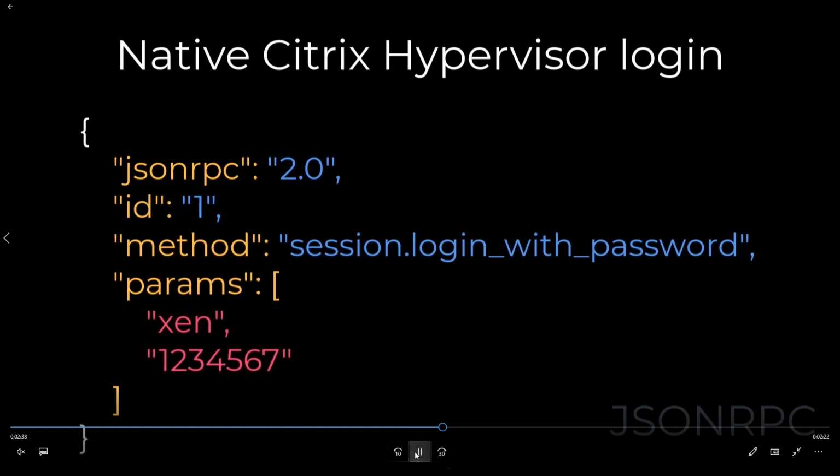All right, pause it right here. So this is pretty much a native request to Citrix Hypervisor. If you do it through JSON, that's what's going to happen. You have two parameters to pass: Zen for the username and 1, 2, 3, 4, 5, 6, 7 as the password. And then there is a method which tells the target system that we're trying to log in. It's called session.login_with_password. Sounds straightforward. The trick is this: microapps expect name-value pairs from you. And I think at least this time,